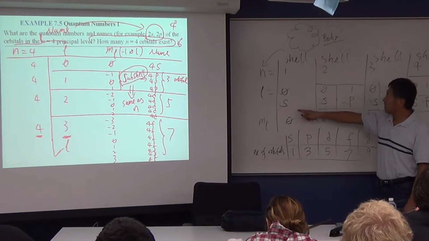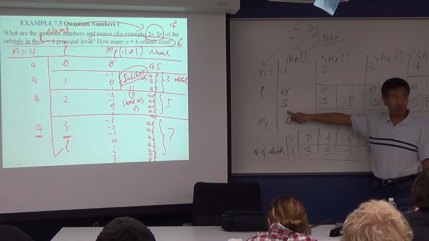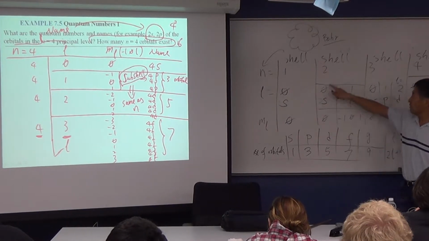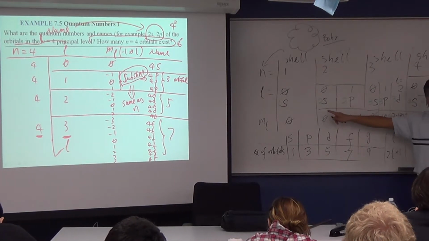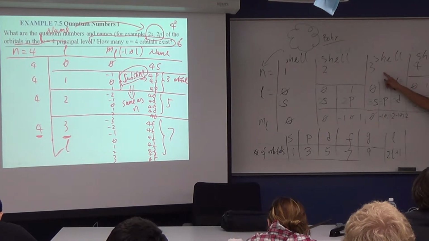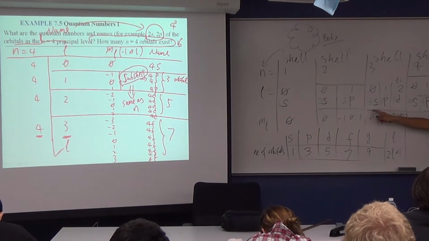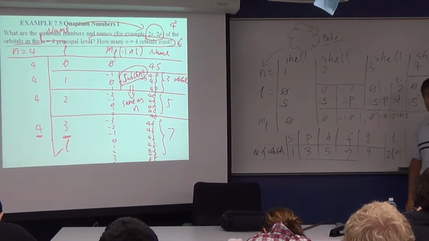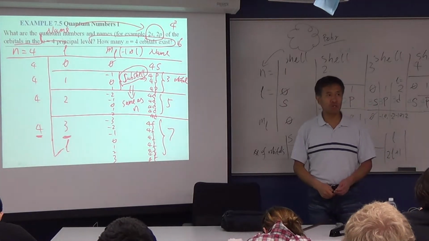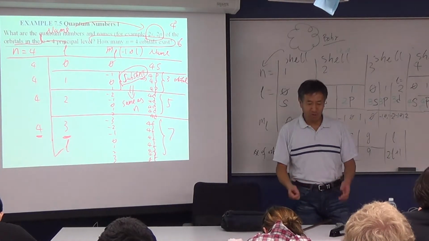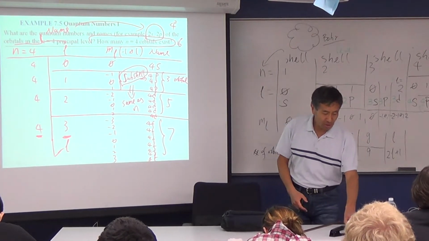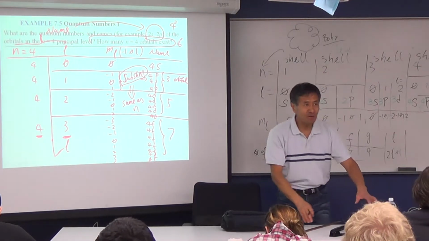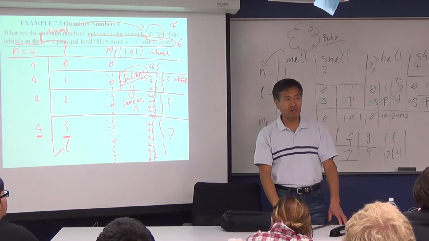If n is 1, there's only one sub-shell, it's 1s. If n is 2, how many sub-shells? 2 of that, right? 2 has 2p. If n is 3, how many sub-shells? 3. And again, the question is about how many orbitals, how many sub-shells. Why do you talk about those? Because an orbital is where the electron is in. Then you organize them, so those that have the same shape, you call them a sub-shell.